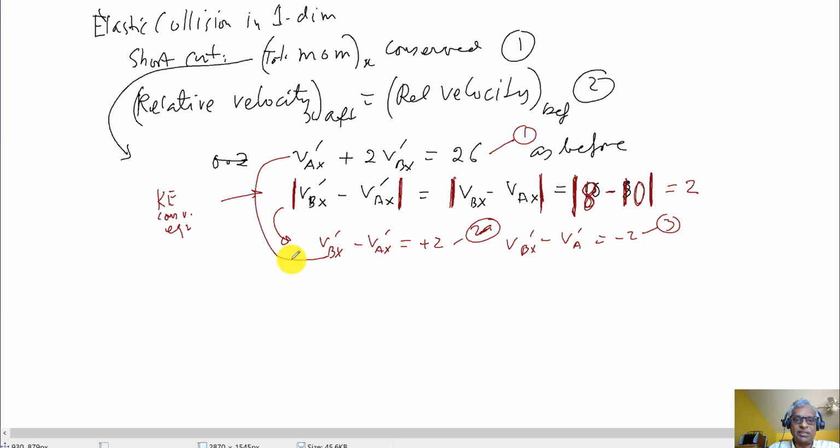And we solve this, and it's now very easy to solve. Just add, and you have 3 VBX prime equals 26 plus 2, which is 28. So VBX prime is 28 over 3, and